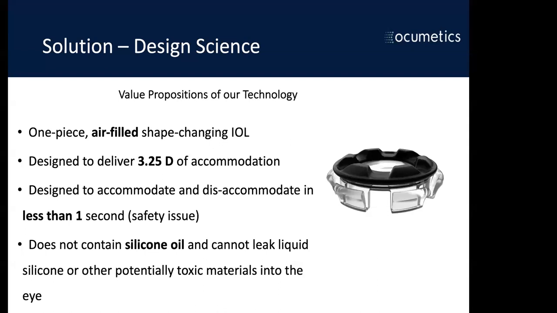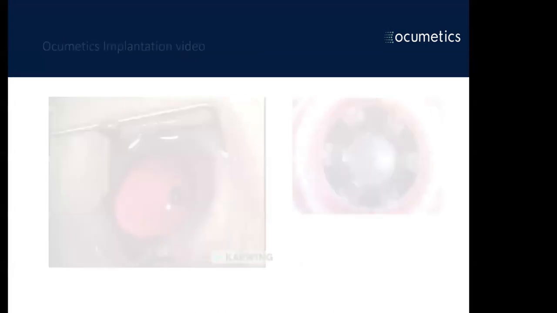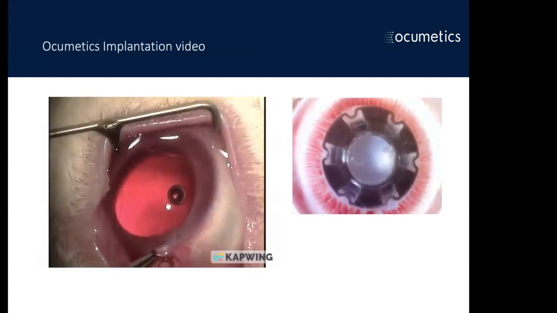We use it as a tamponade to put the retina back in place. But other than that, we try to clean that whole area out and remove the oil as quickly as we can. All right. So in the pathway for first in human, we had to clear a huge major hurdle,